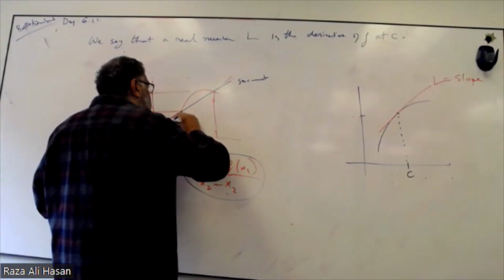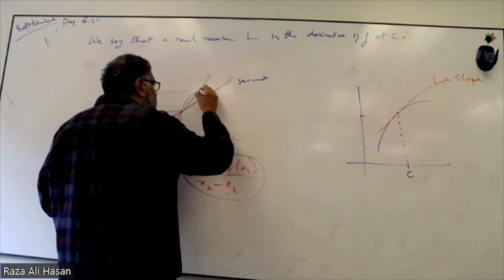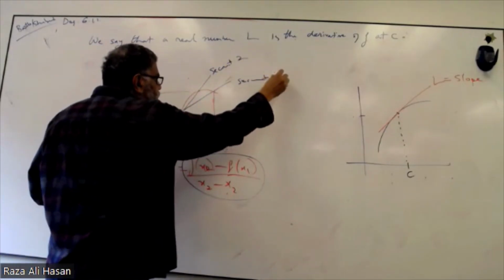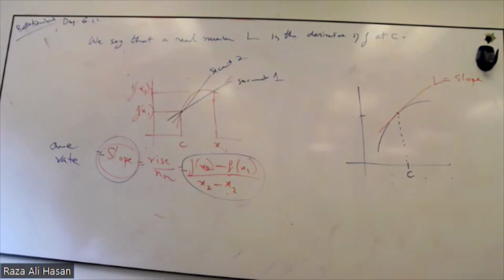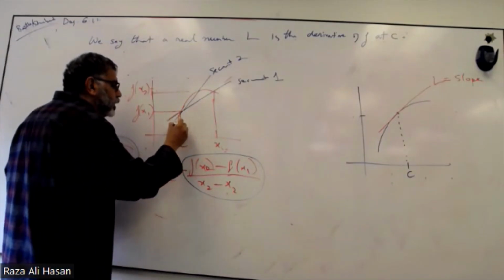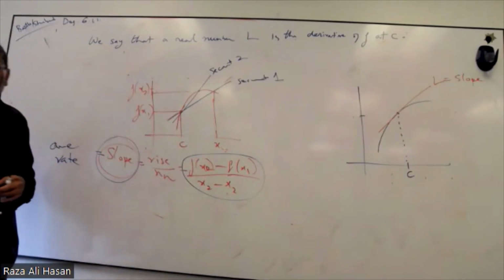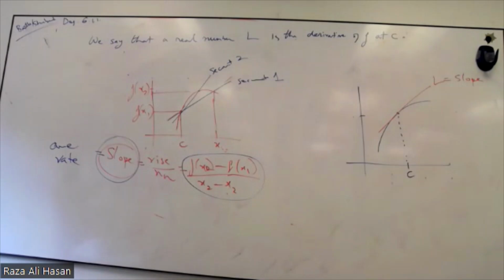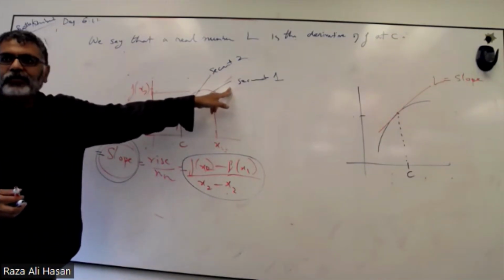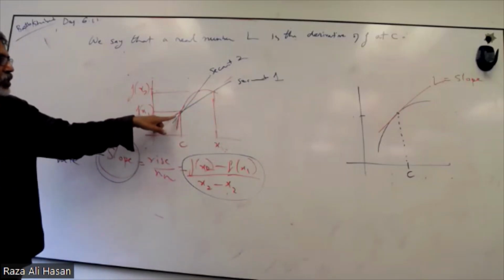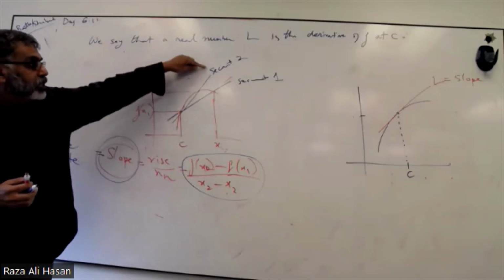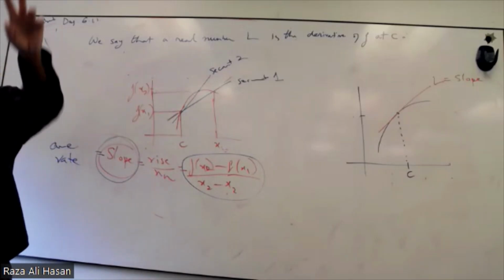This is our second secant line. Let's call it secant 2. This is one. Which line gives a better approximation of the rate of change right around here? Does this secant line give you a better sense of the speed of that car, or this secant line? Number 2, because